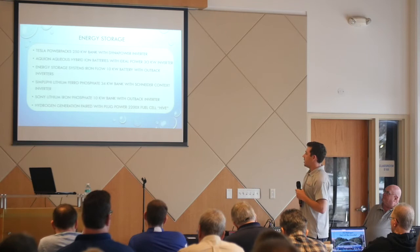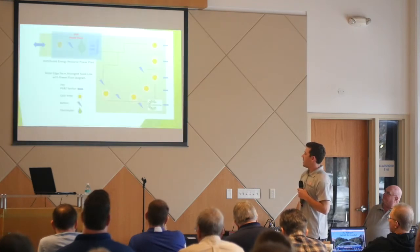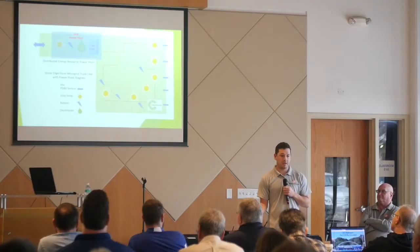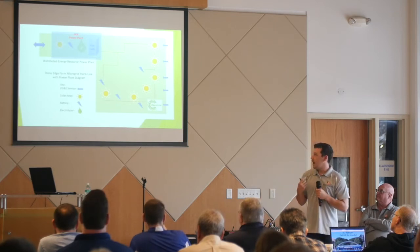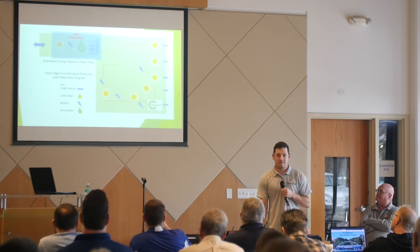So our hydrogen generator, let's see if I get a slide for that. I'll go back to that. So our hydrogen generator is in our little power plant up at the northwest corner of the property. That is an electrolyzer, which is basically a generator that's using electricity and water to crack them into the constituents of hydrogen, H2, and oxygen, which is a very energy-intensive